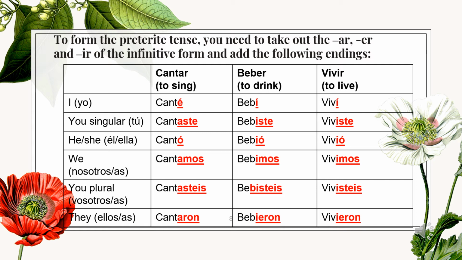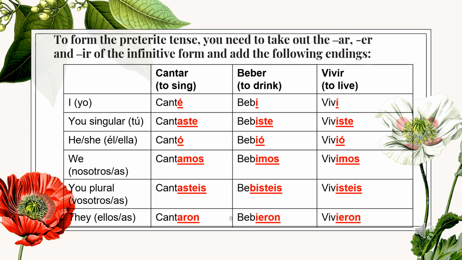So if I say canté, that means I sang. You don't need to say yo canté unless you want to make emphasis. So yo canté. And you would also make emphasis on the subject pronoun yo. So for the AR verbs, what you do is you just take out the AR. So cantar, you take out the AR and then you add E with an accent, canté,